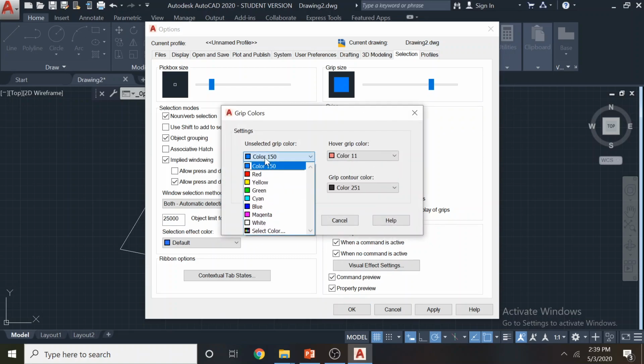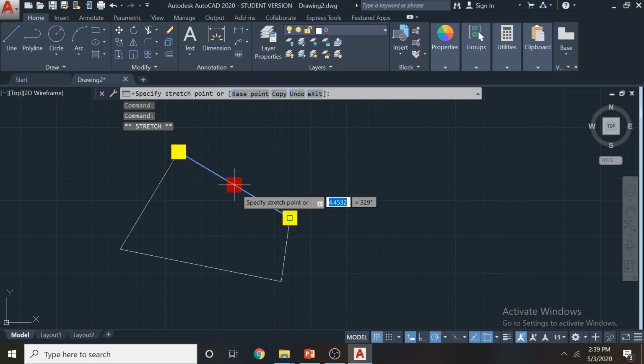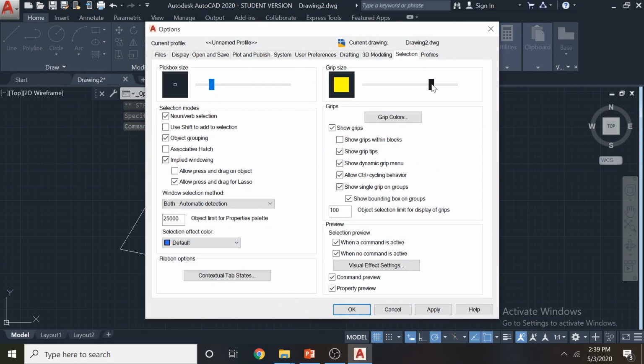If I select yellow and increase the size, now when I check this, it's in yellow color. When you come here, it will be green, and it will be red when clicked. So these settings can be easily changed to customize the software as you wish.